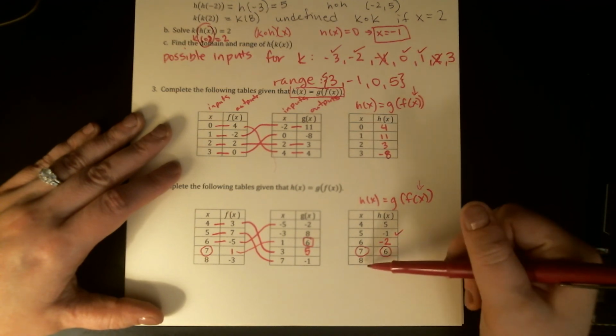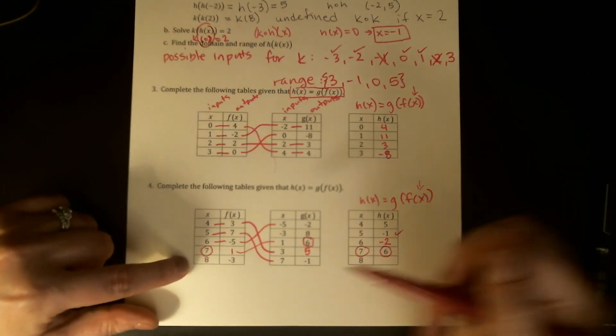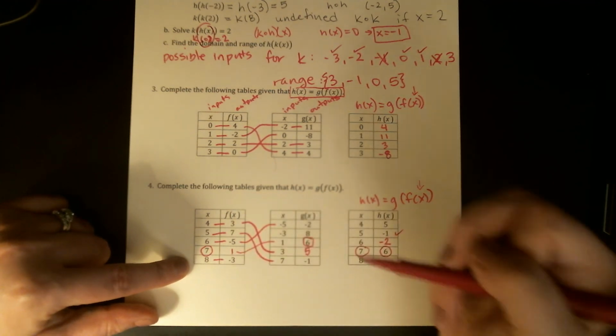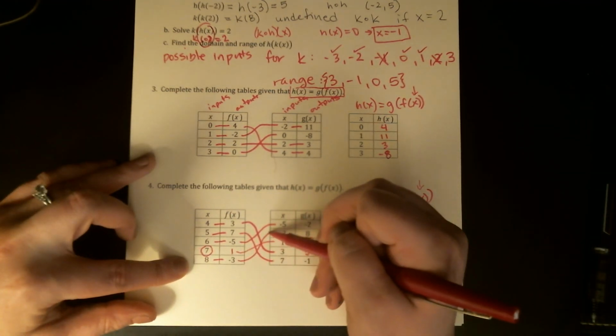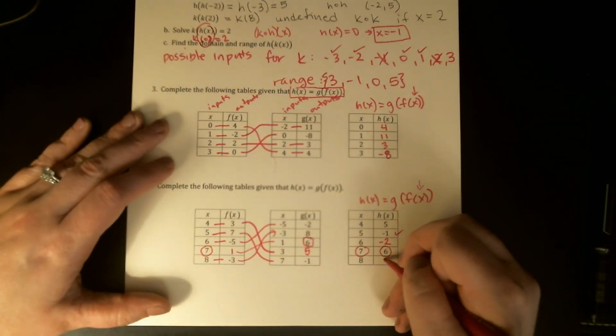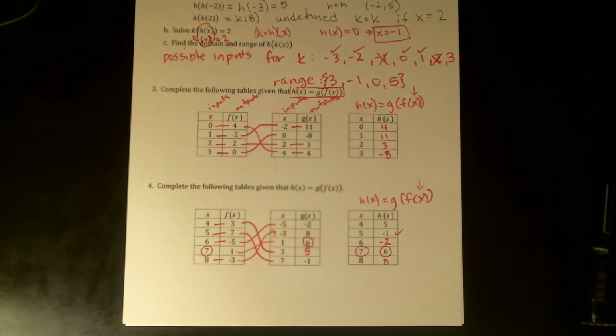Last one, we don't know what happens when we plug in 8. So if I plug in 8 to f, I get negative 3. If I plug negative 3 into g, I actually get back an 8. Okay, so there was some